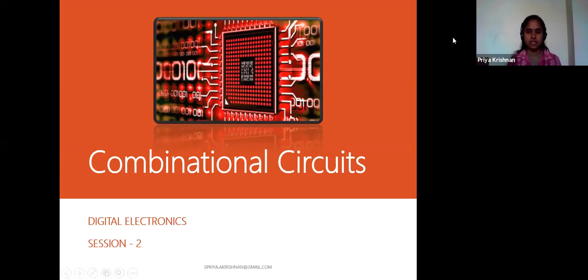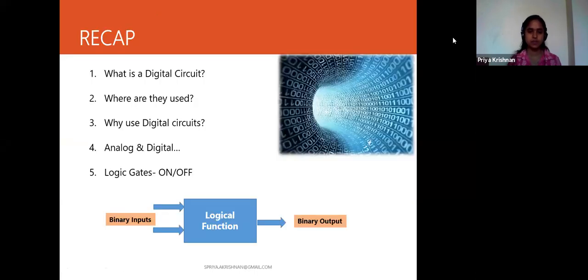What are all the gates? Okay, AND gate, OR gate, NOT gate. These are all the basic gates, and two gates we discussed as universal gates, and then two gates we discussed as special gates, that is XOR and then XNOR gate. Yes. So it's a small recap of yesterday's one.